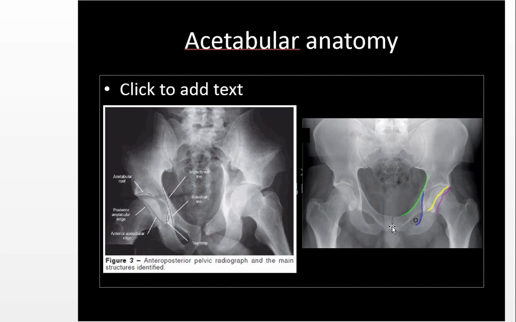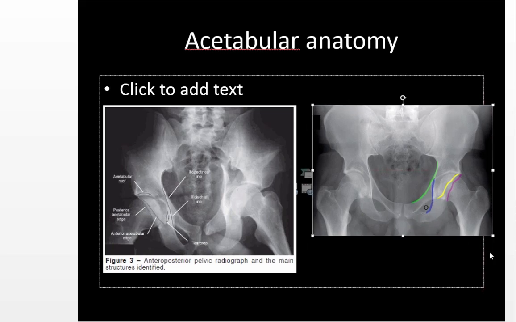Obviously this is the pubic symphysis here. You always look for diastasis of the pubic symphysis. If there's more than a centimeter diastasis, that's abnormal. This O here is outlining a space which is called the obturator foramen. That's important when we discuss acetabular fractures, because if there's a fracture that extends to the obturator foramen, that has implications for classifying acetabular fractures. The obturator foramen is bounded by the superior and inferior pubic ramus and the pubic symphysis. So when we have fractures that involve the pubic rami and extend to this obturator foramen, that will have important